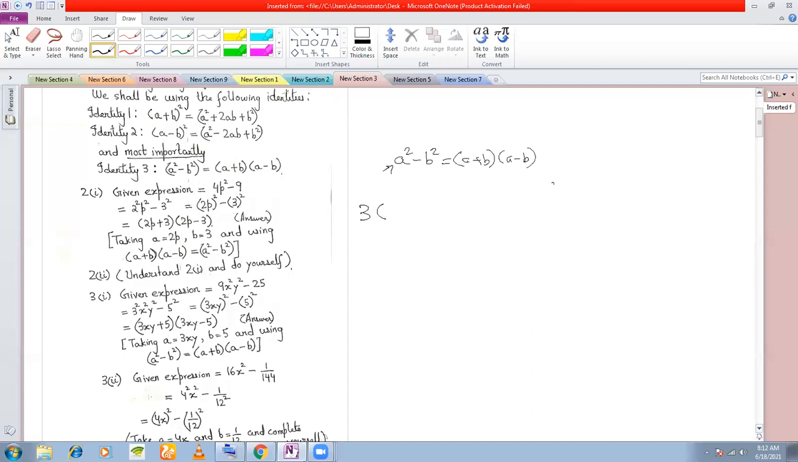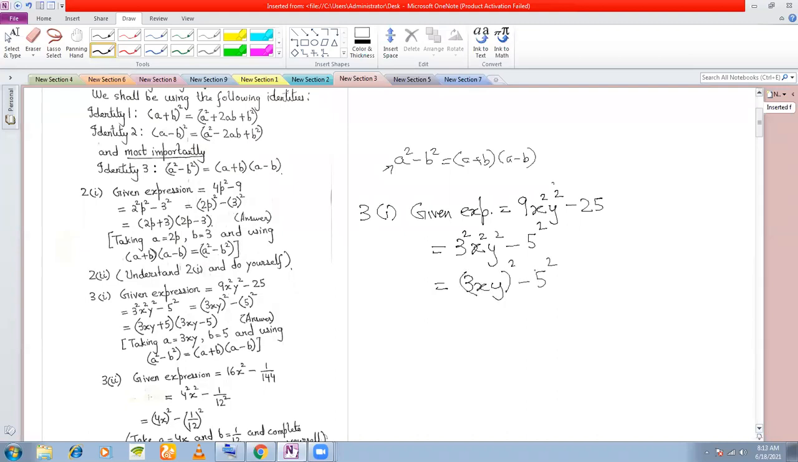Three, 1. Given expression is 9x square y square minus 25. See, 9 is a perfect square. We can write this as 3 square. X square you write as it is. Y square you write as it is. And 25 can be written as 5 square. So now 3 square x square y square can be written as the square of 3xy